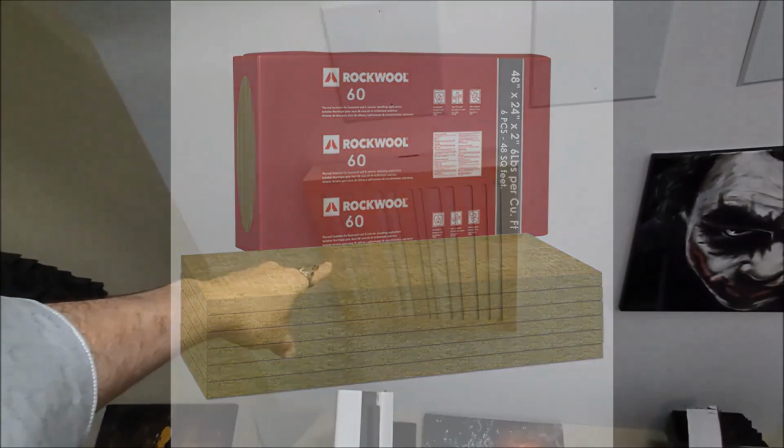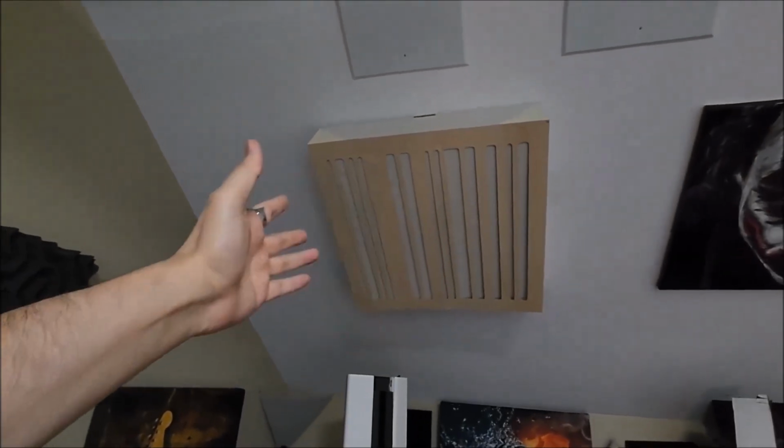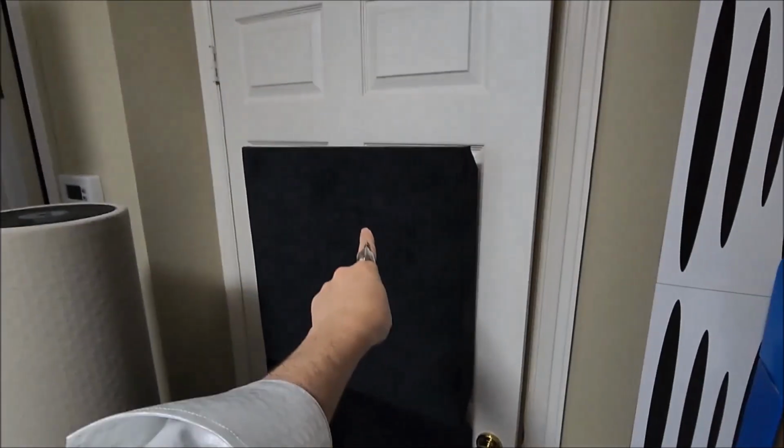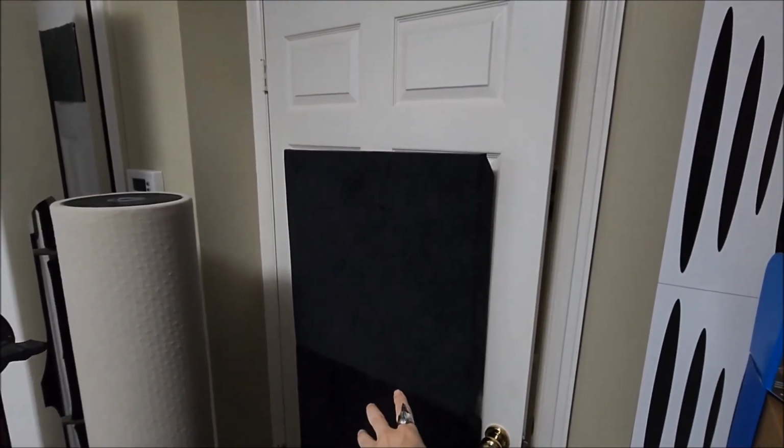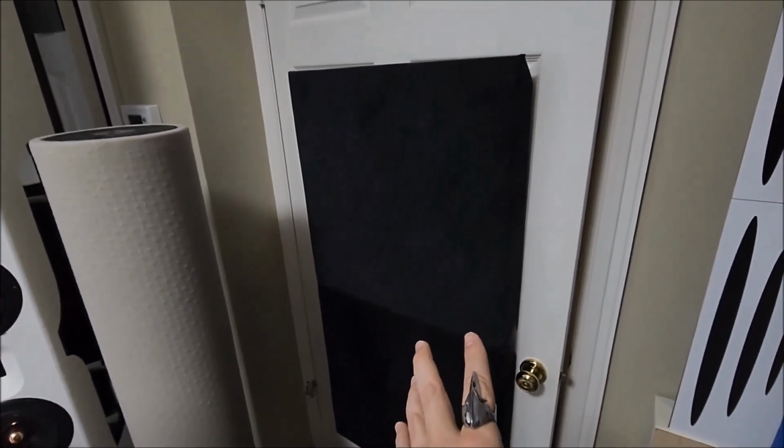And splash plates are good for looks. I'm not a big fan overall, although these with more seams I think are better than these. But I prefer these, which are just totally absorbed. These tend to be better for certain purposes. Now in your room, it may not be the same place that you put these. This is just what's worked for me in this room, but I'm just kind of showing you all the different